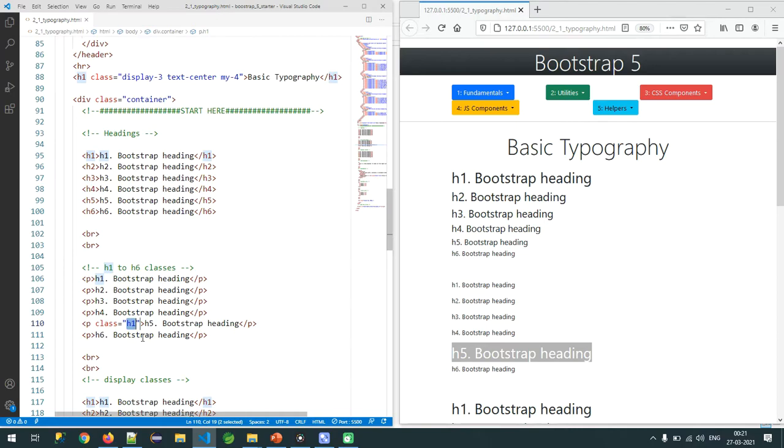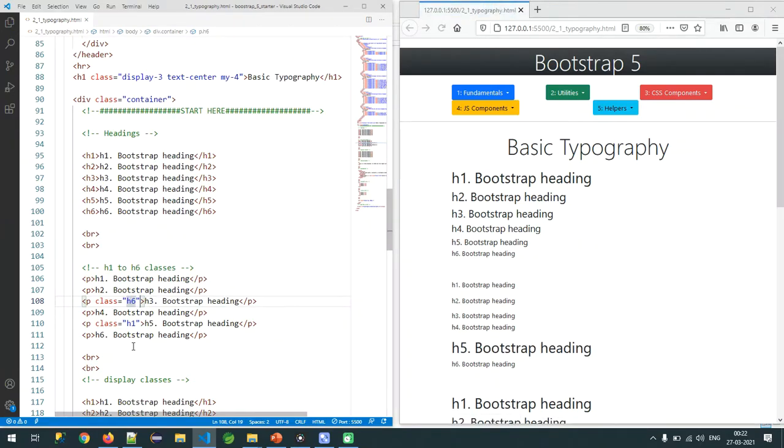How is it possible? By providing class equal to h1. Likewise, you can use h1 to h6 classes for any element. So right now here you can observe class equal to h6.